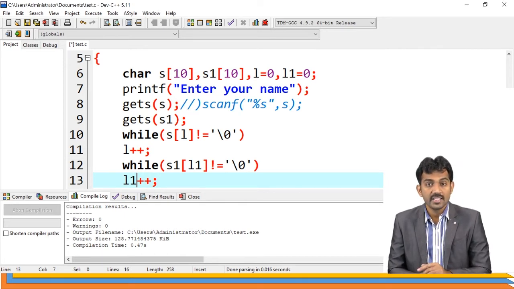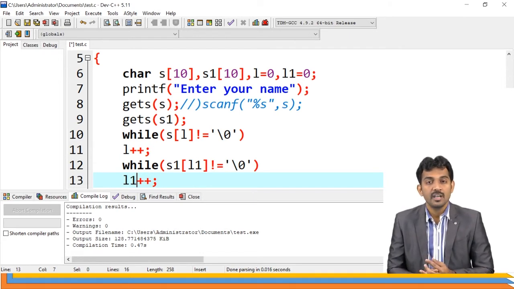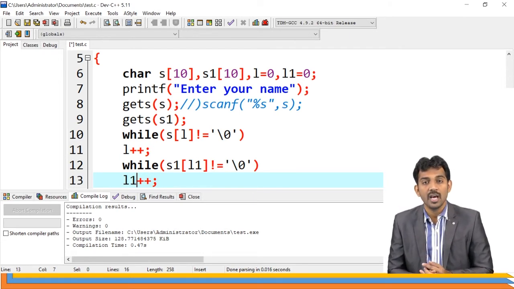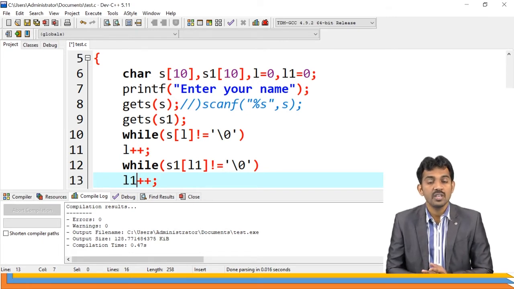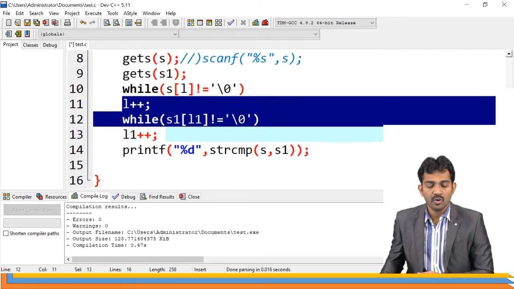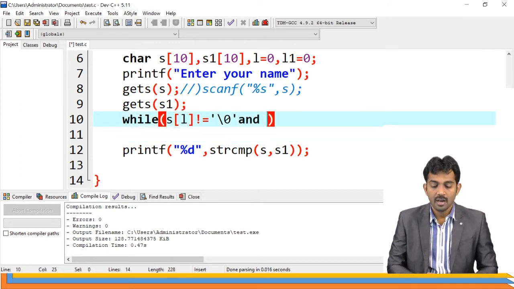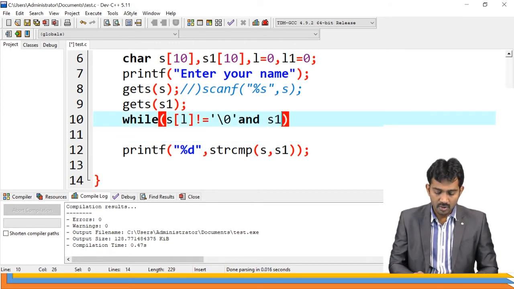Already I have done. Next thing, I want to access the characters from the two strings one by one. How many times is the loop going to repeat? Any one of the strings goes to null. That many times it needs to repeat. Even without finding the length also we can perform. So without using length, instead of wasting the time, what I am going to do is, see, S1 of